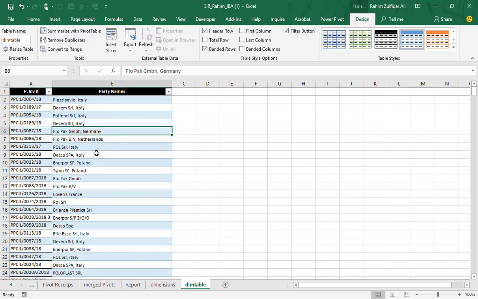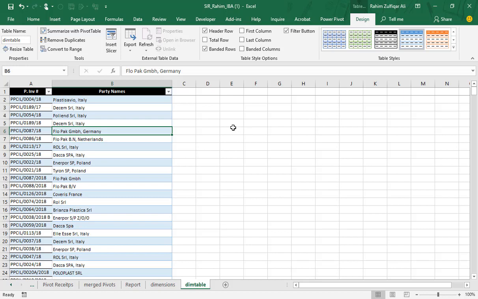Now the idea is that the person has to maintain this table because it contains unique invoices with respect to the party names. And if he wants to further drill down the Power Pivot report, he has to make the columns here with the unique data from the sales or the receipts.